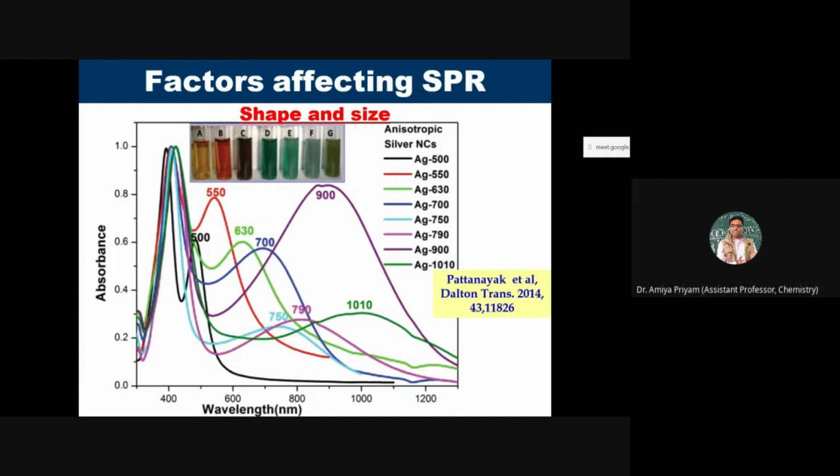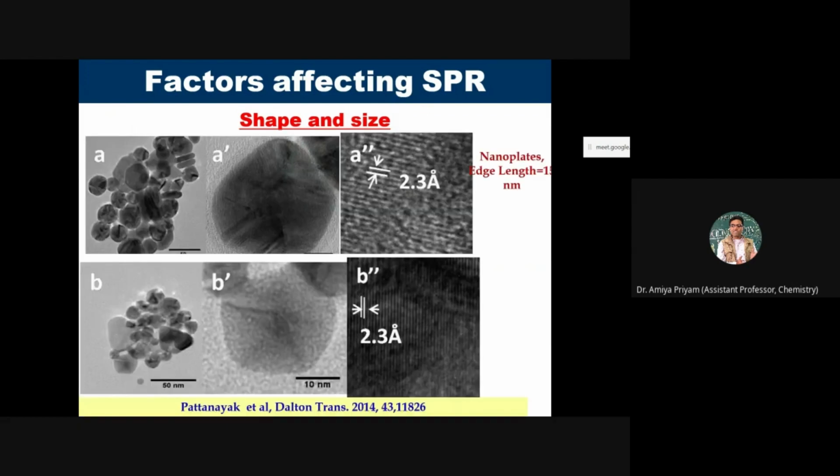We have also been able to change the shapes from spherical to pyramidal structures. The spherical one is yellow in color, and this is spherical, and then this is like a plate, and these are all pentagonal pyramid types. So in this case, all of these have different dimensions. The edge length of the pyramid is different, and so you get different kinds of nanoplates,